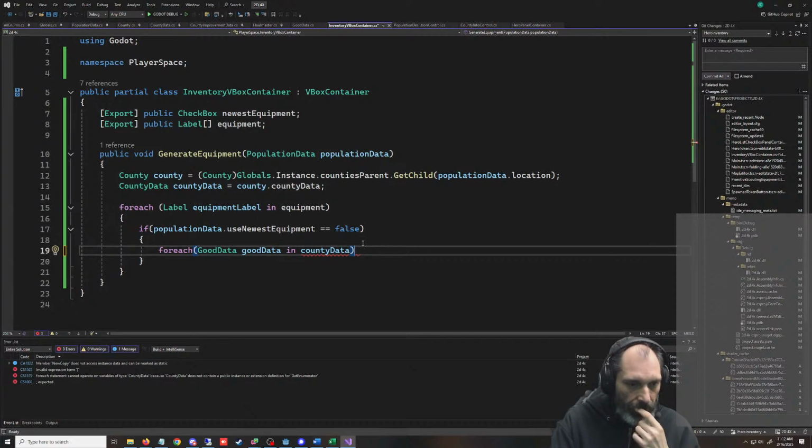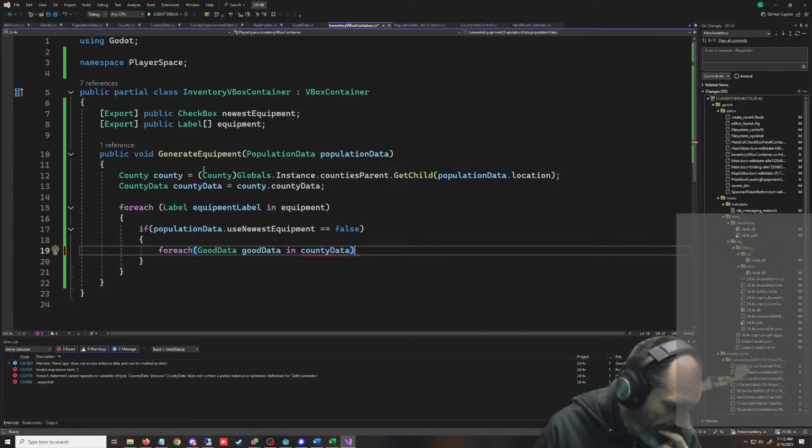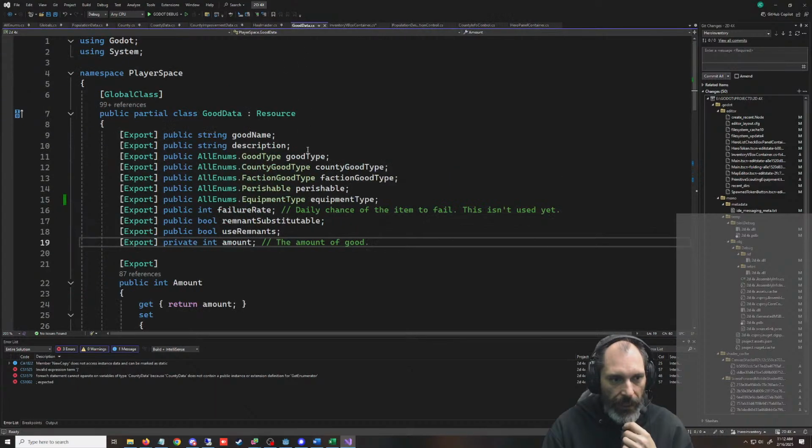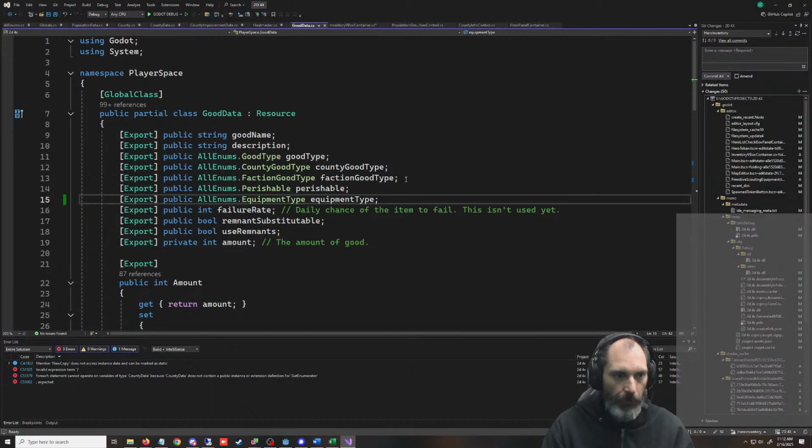So if this is false, we need to put a tier on the equipment, which we can just do with an int. Tier 0. It doesn't matter if we start at 1. Let's go to our good data, equipment type.